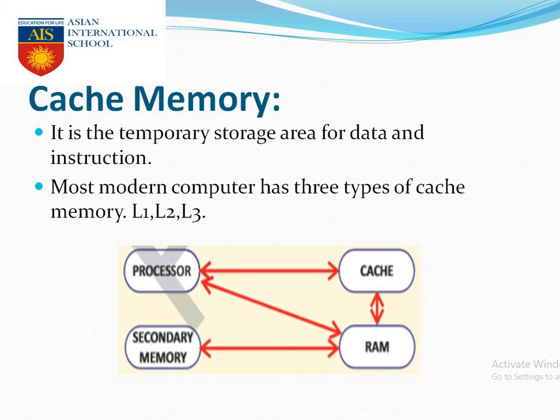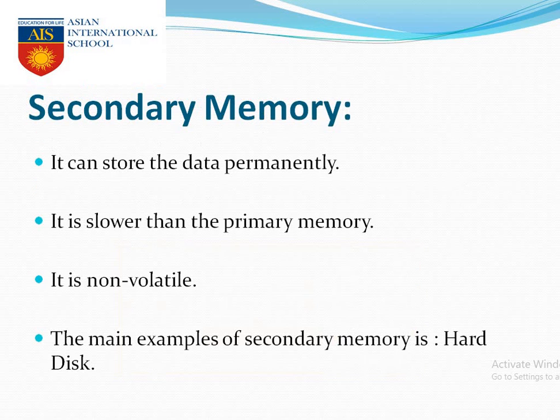So the purpose of cache memory is to store the data very temporarily. Whatever we are doing right now, cache memory just stores that data only. When I stop doing that work, cache will erase the data and rewrite it with some other work, whatever I am doing right now.